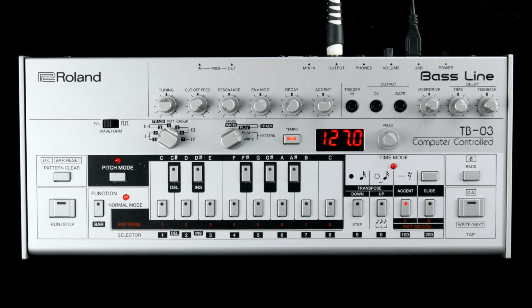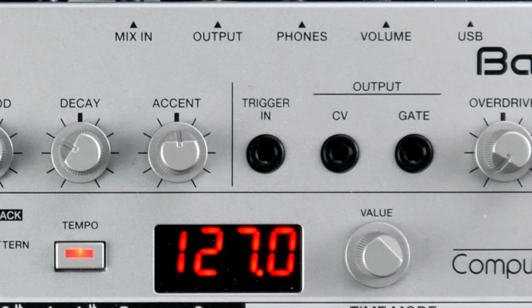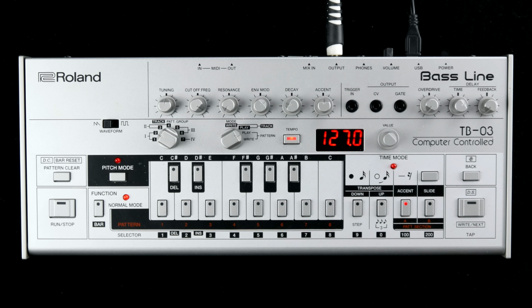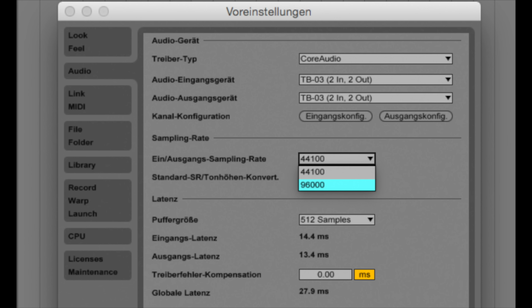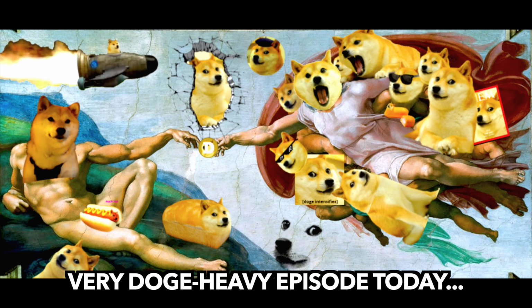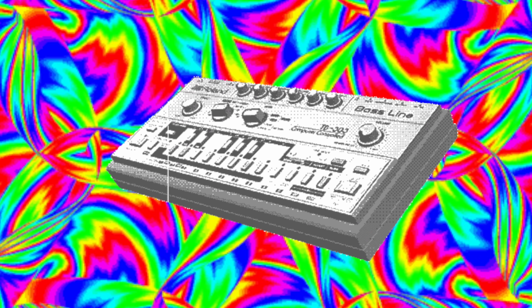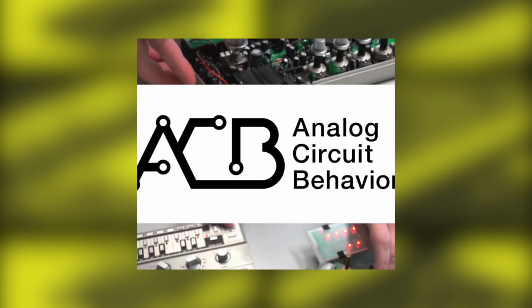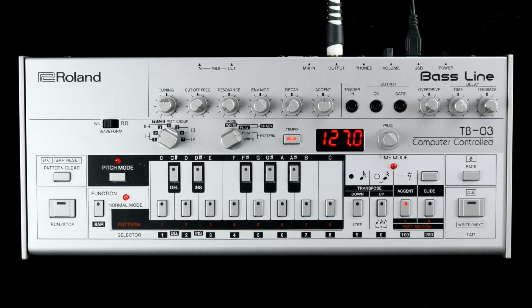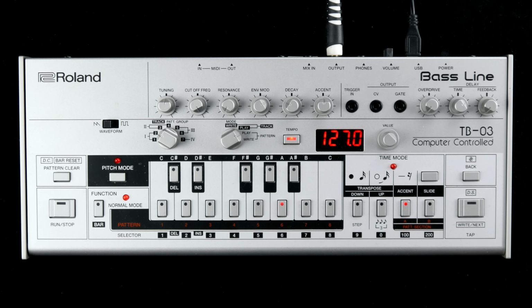The TB-03 inherited the CV, gate and trigger IOs of the original, but is willing to communicate via MIDI and USB too. Roland's weapon of choice for the faithful recreation of the very distinct mono sound is once again the analog circuit behavior technology you can find in the IRAs and other boutiques as well. It allows for full-bodied bass sounds, both chunky